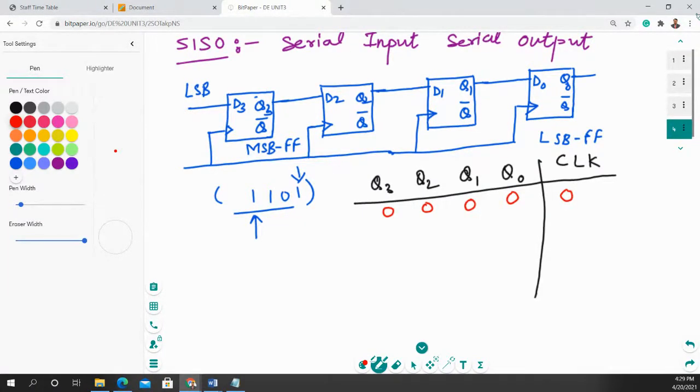Now let us consider this is a shift register. Shift register means it will take the first input from here, and it will place this LSB bit to this Q3 output, and all the bits will shift. So this bit will shift from this side to this side, and this to this, and this to this. So 1 is placed from here, then this 0 will be placed to this position, and this 0 to this position, and this 0 to this position. Clear up till this point?